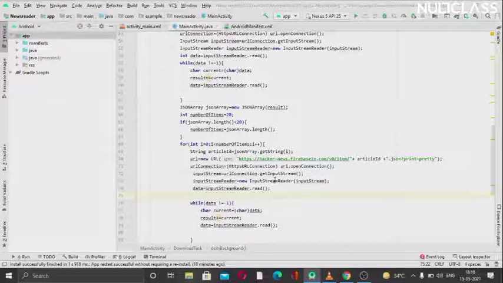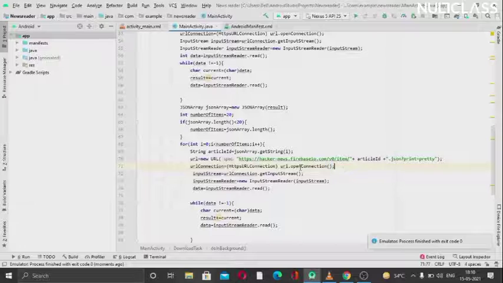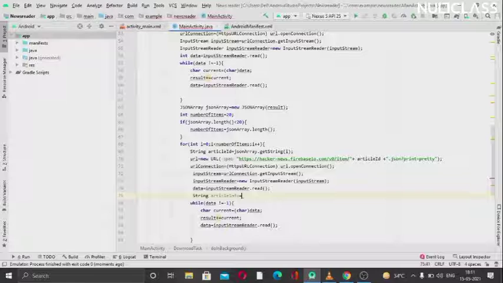So we just want to create a new string. I will create that string here. Okay, so just create a new string, which will be article information, and it will be an empty string. So just declare that right here, and now we will locate the information, but before that we need to change this result to the string article information.